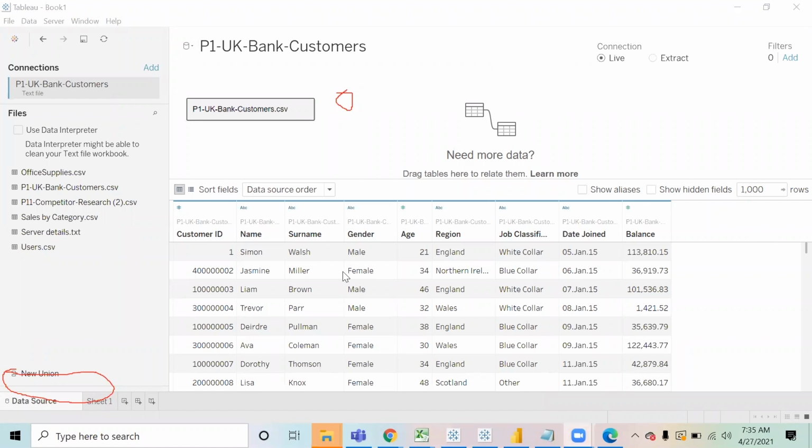Now, on this data, the first thing that we are going to explore is the first feature that you will not find in Tableau Public, and that is the connection. You see at the top, this connection is something that is not there in your Tableau Public. Just give me a moment, please.